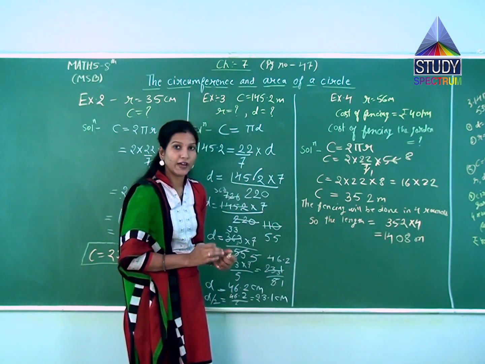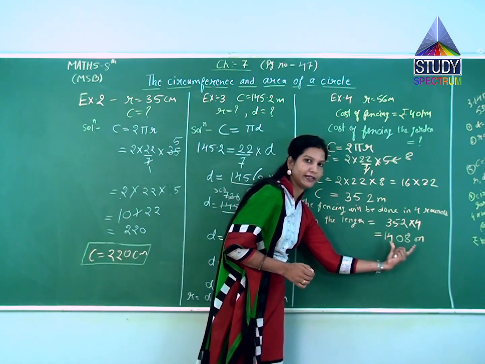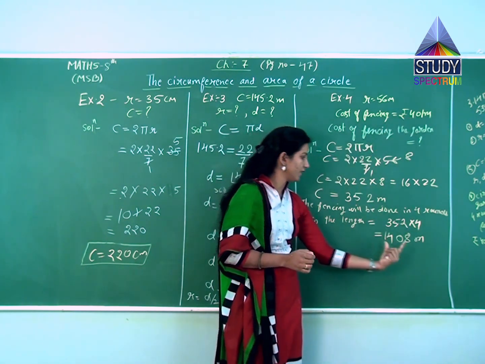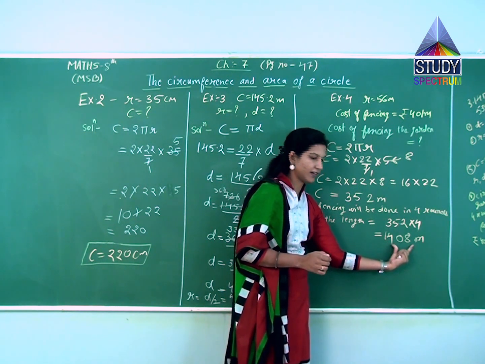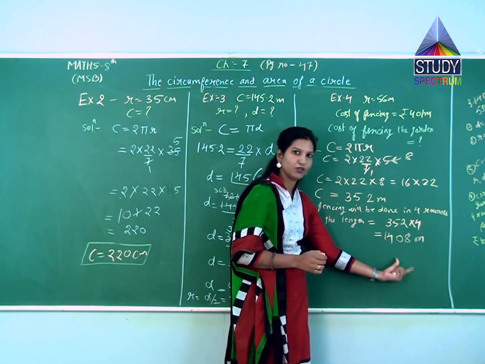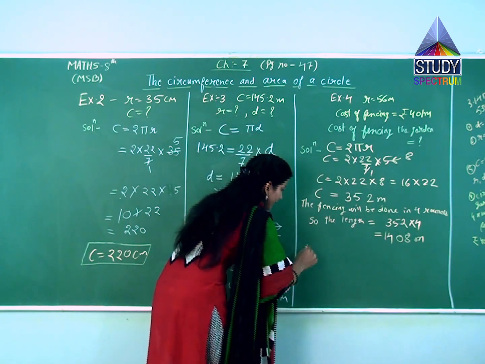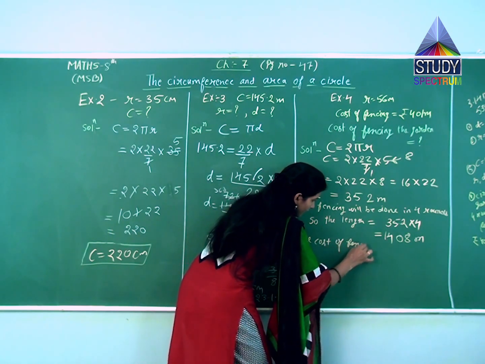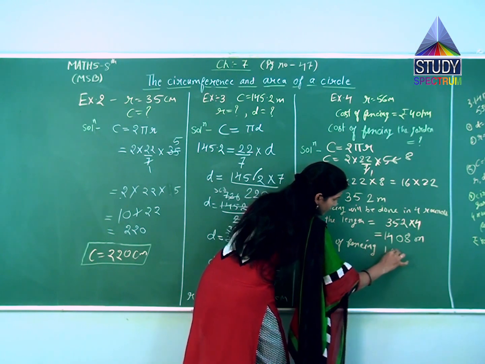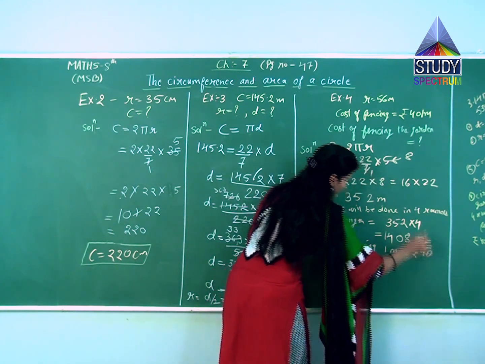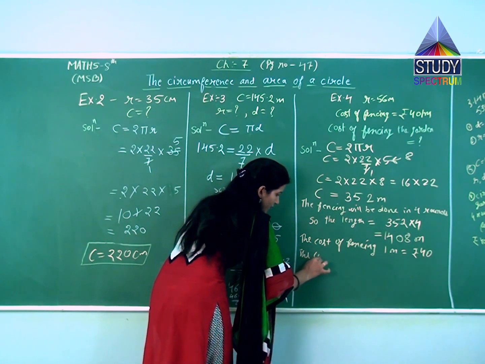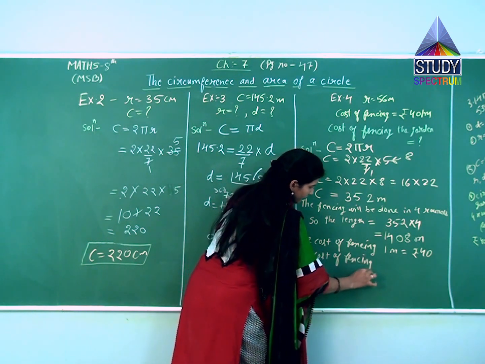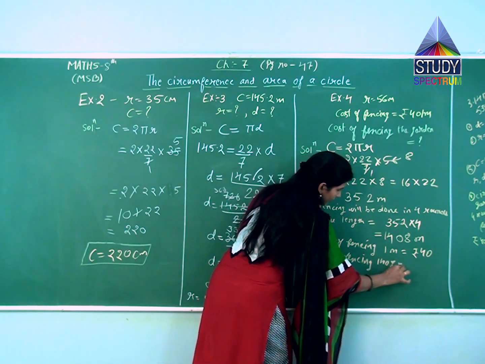meters. Now we have to fence this 1408 meters, and the cost of fencing per meter is rupees 40. So what will be the cost of fencing 1408 meters? 1408 into 40. So here we will write the cost of fencing 1 meter is equal to rupees 40. So the cost of fencing 1408 meters will be equal to